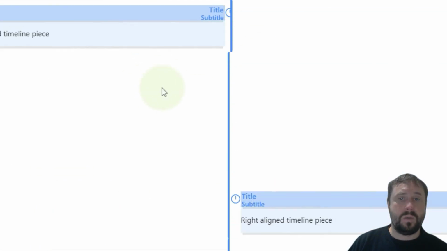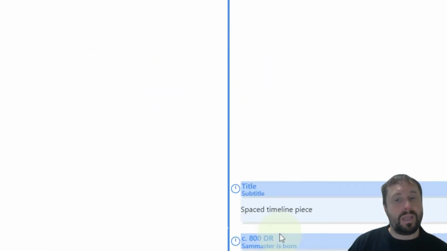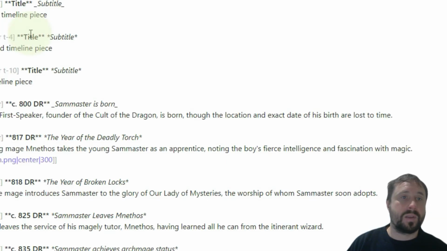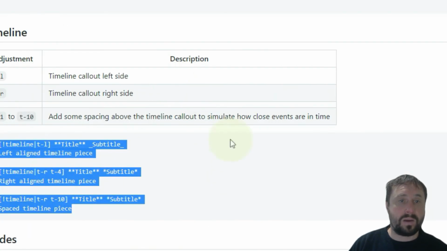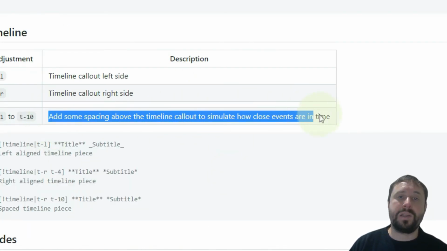Alright, so we've got some big gaps here, and it's worth going through and showing you this. We've got a left, and we've got a right with a T4 and a T10. Now that T4 and the T10, if we come back here and have a look, add some spacing above the